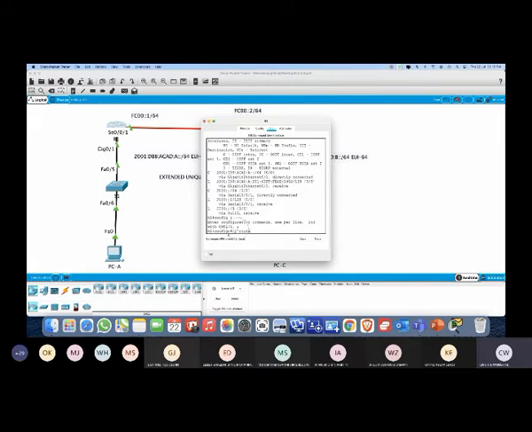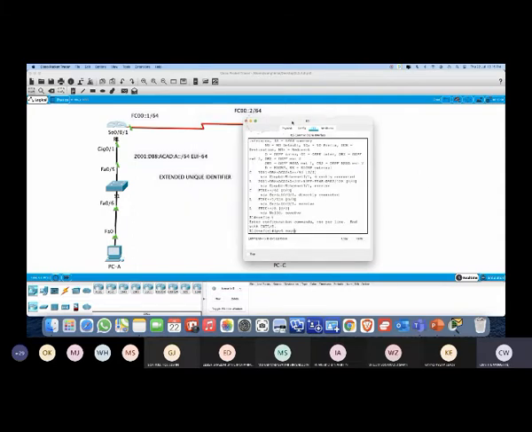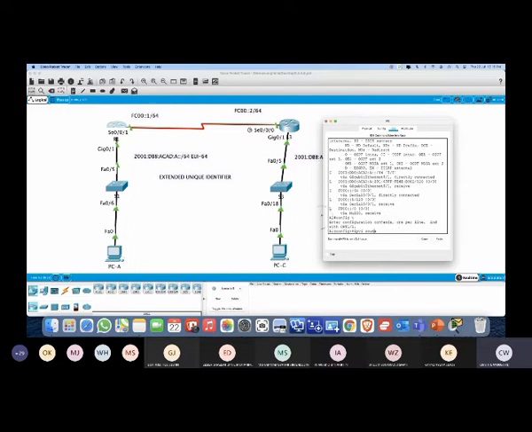Now, under IPv4, we say IP route. But of course, in this case, we are using IPv6, so you cannot say IP route. You should say IPv6 route. Everything must be pointed to IPv6. And if you remember, for your IPv6 route, I have to define